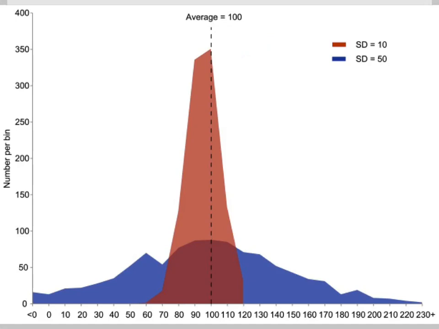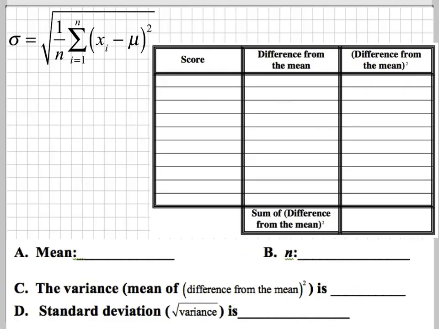And that goes for everything. For interest rates, the smaller the standard deviation, the less the interest rate fluctuates. It's really consistent. It's trustworthy. Does that make sense? So standard deviation tells you how consistent something is or how trustworthy something is. That's what standard deviation is. And so let's look at the nuts and bolts of standard deviation.